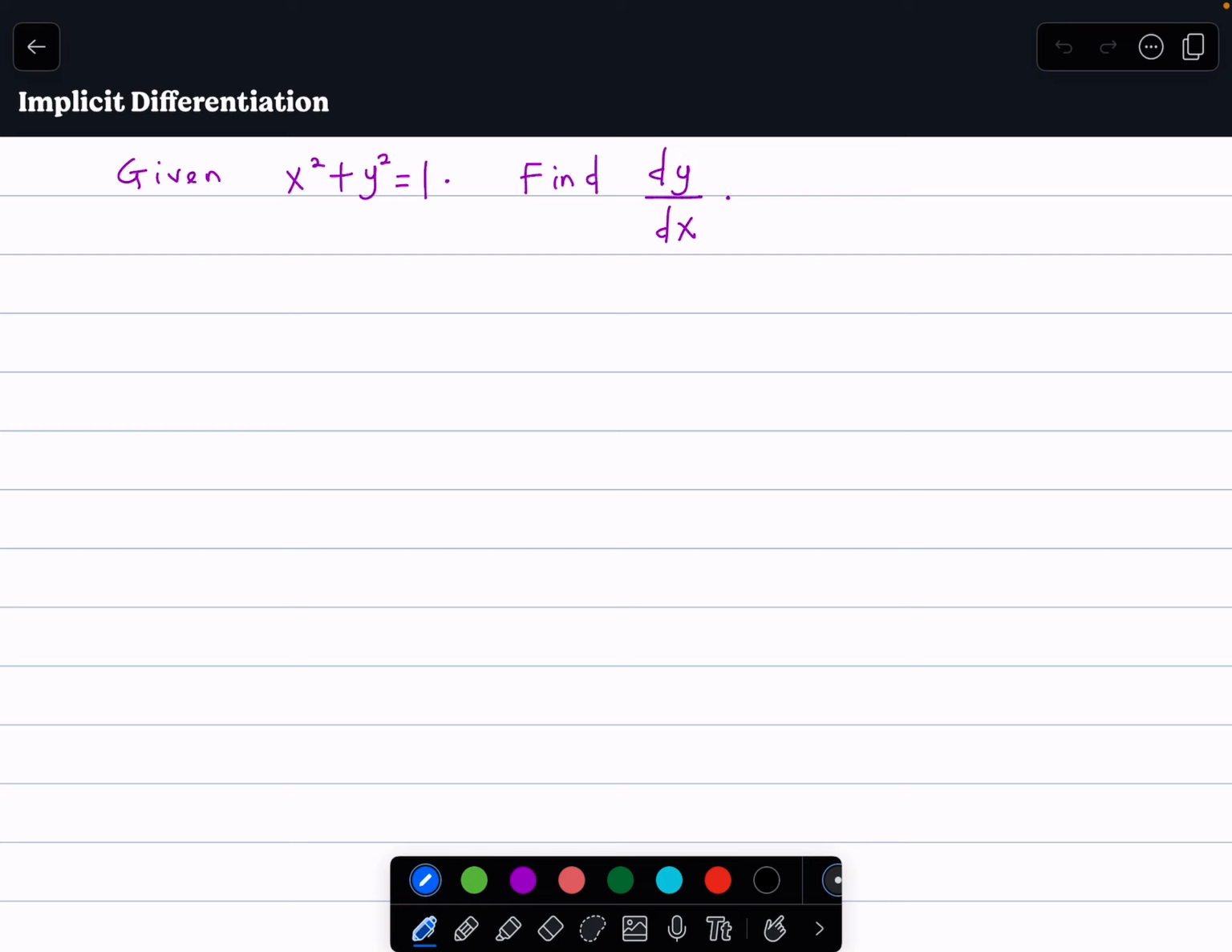Let's find dy dx given x squared plus y squared equals 1. In this case, we are going to use what is called implicit differentiation, and I'm going to explain. So, we want to find dy dx. What we can do is find d dx of each term in the equation. So, we are going to find d dx of x squared plus d dx of y squared equals d dx